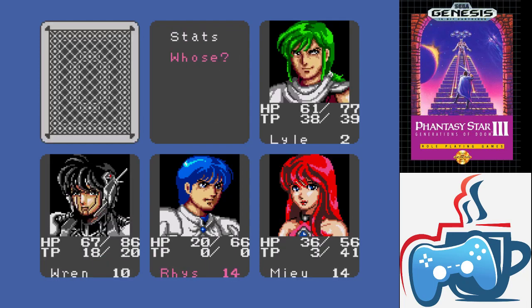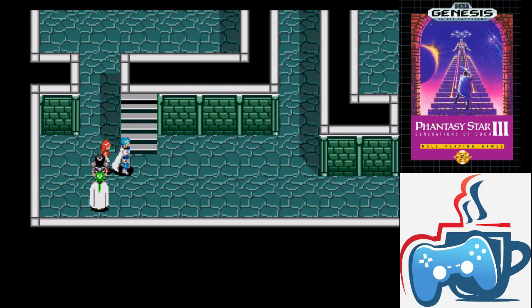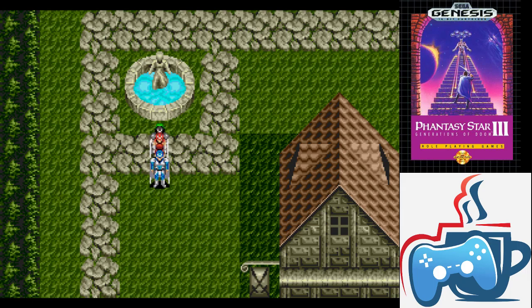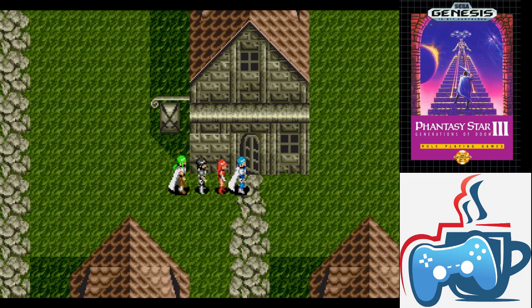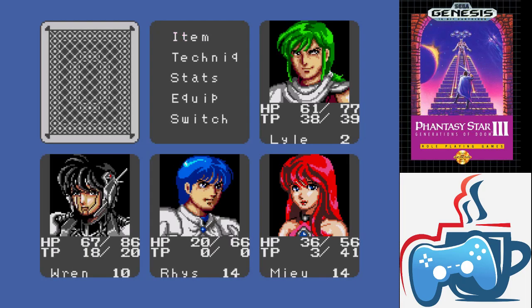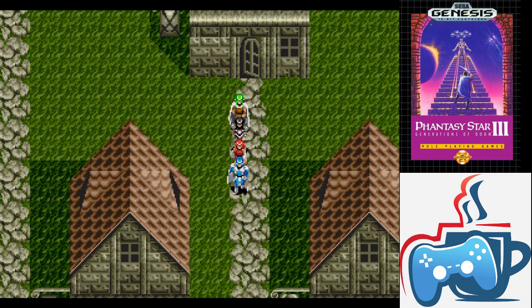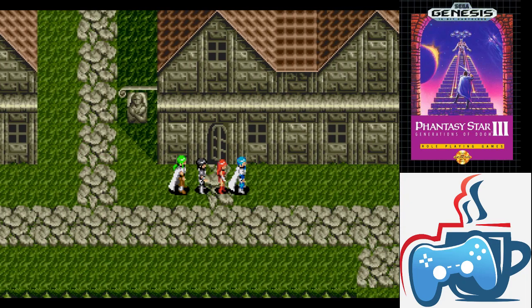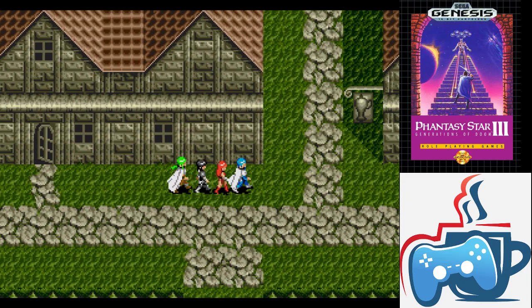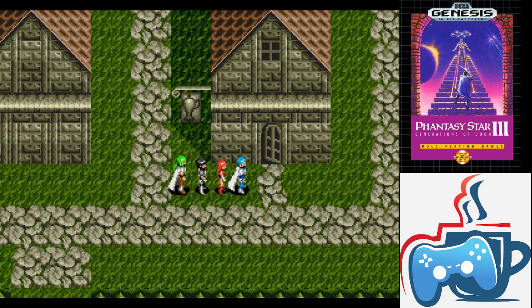Let's see, 885. We were getting so close. Oh, so close, but we don't want to push it. I don't want to just chew through my monomates. Let's just go ahead and go back. Rest at the inn. Let me just make sure no one's poisoned first. Nope, no poisons. Nice. So we'll rest at the inn, recover, since we used up all of our technique points on you, and then we'll get back in there, grind just a little bit more, can get Reese's sword,